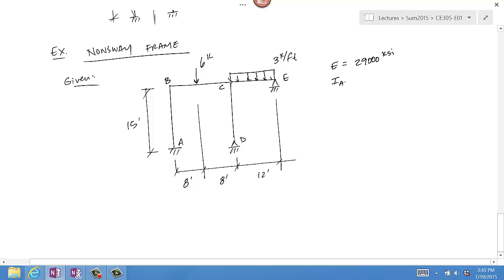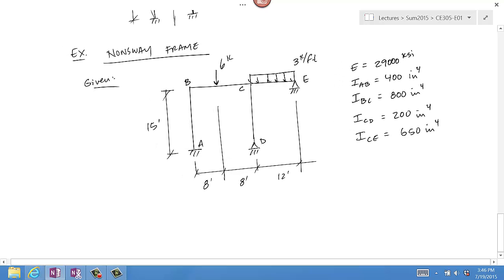In this particular problem, just as an academic exercise, we are going to specify different moments of inertia for the different segments. They're trying to stump us to see if we can keep track of all this information. Okay, so all of that's given,